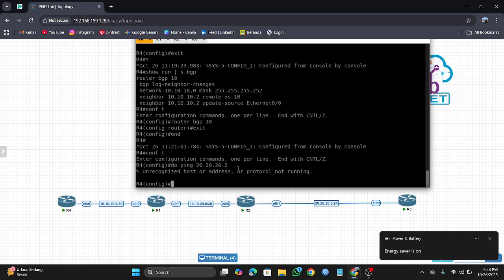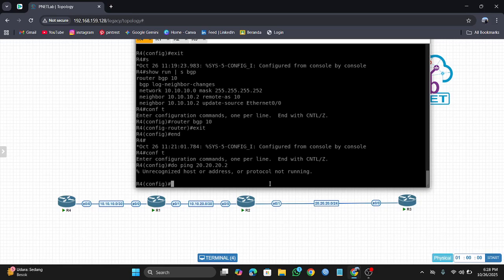Okay, you can repeat, you can try again, configure in this and this.